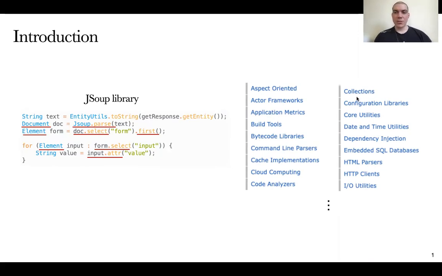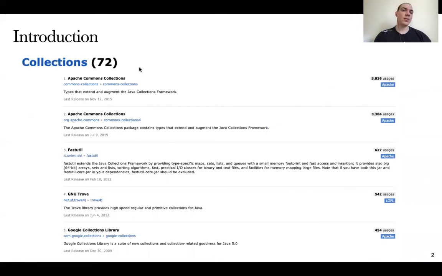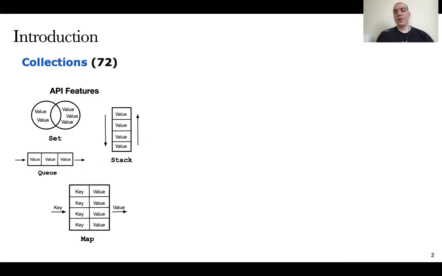Now, from the collections category alone, 72 libraries target this specific domain. And in the software ecosystem, you can find a ranking based on the usages of these libraries and a brief description of how these libraries are basically described. Now, this brief description is not enough for the developer to see what the main features of a library are. And probably from this brief description, they can extract that some of the API features of a library are